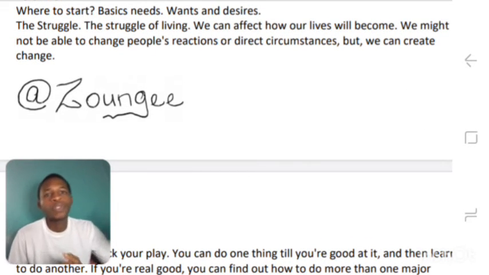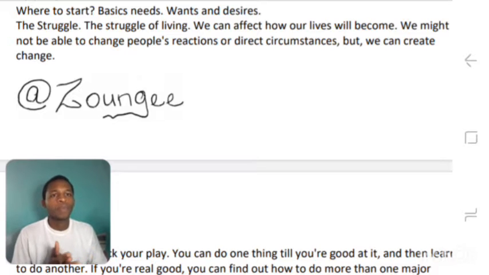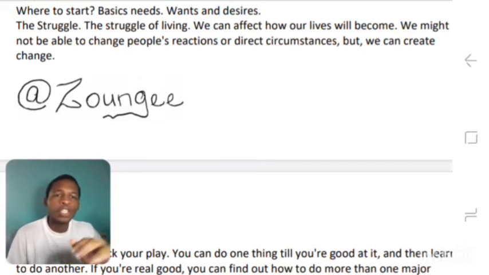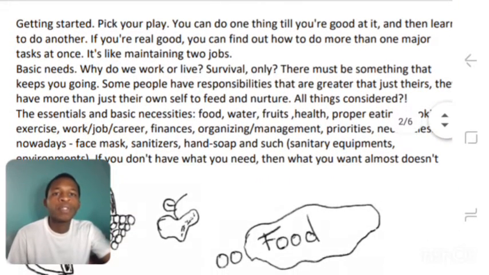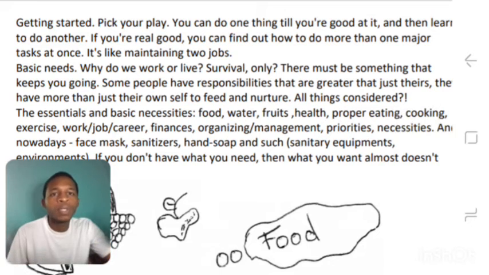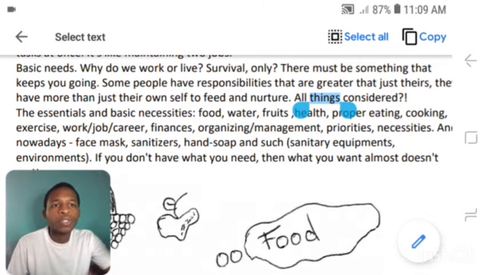Struggle of living. We can affect how our lives will become. We might not be able to change people's reactions or direct circumstances, but we can create some level of change in our own lives that can affect the wider world of people in general.